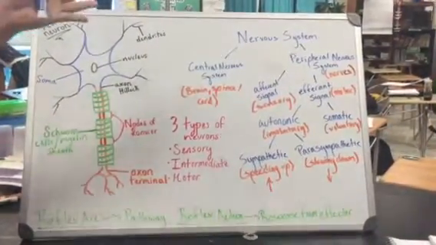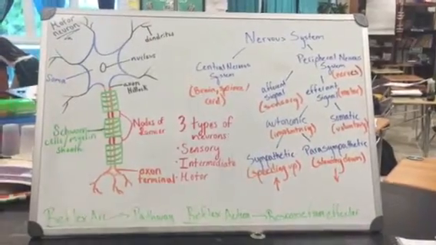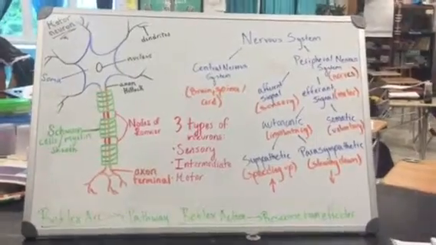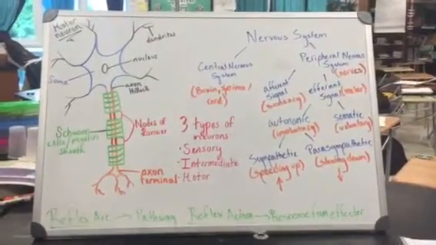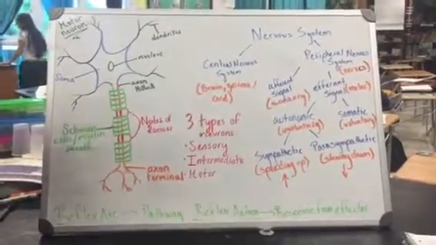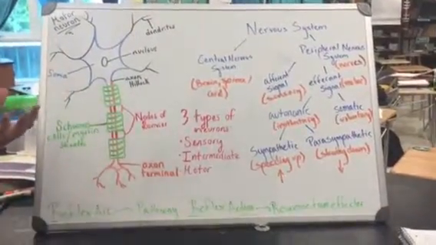So we have our general nervous system, which breaks up into two segments: the central nervous system, which contains your brain and your spinal cord, and your peripheral nervous system, which contains your nerves. The peripheral nervous system will then break down into two more segments, the afferent and the efferent. The afferent signal is also known as